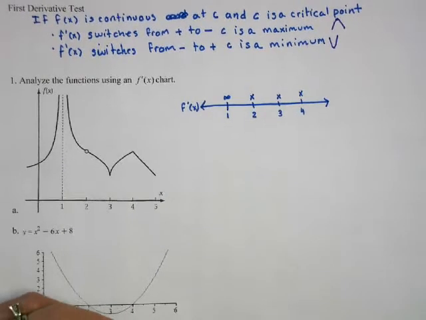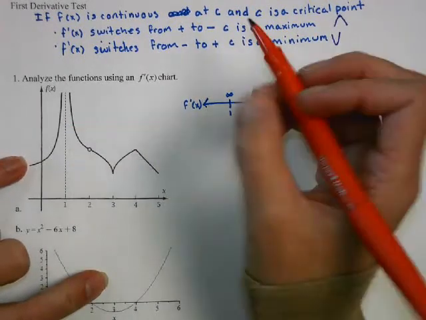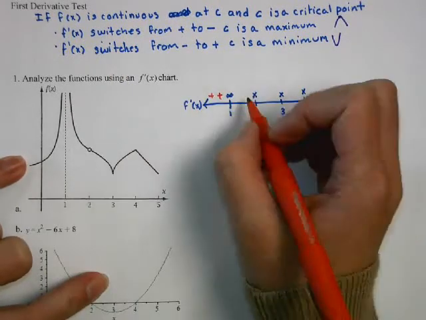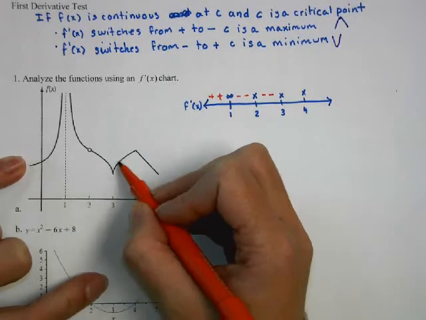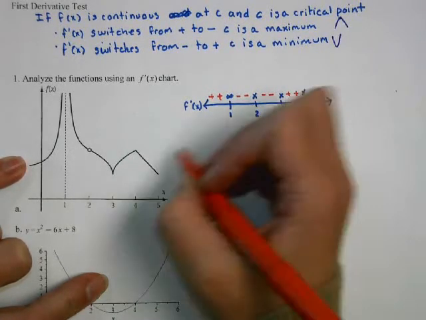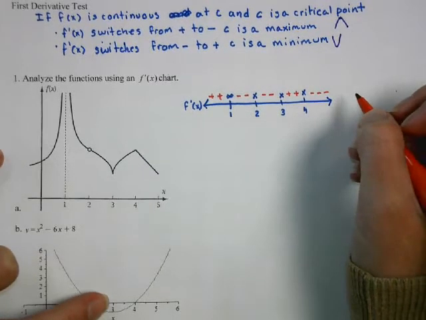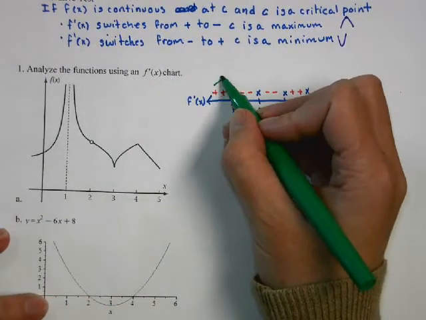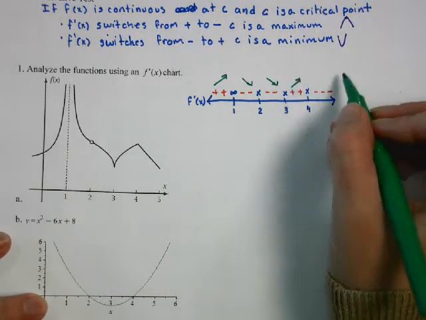So for the number line chart, what we're going to do is show what's happening with the derivative. If the function is increasing, then the derivative is positive. If the function is decreasing, then our derivative is negative. Still decreasing. From 3 to 4, it is increasing. And from 4 to 5, our graph is decreasing. So this graph is going up, it's going down, it's going down, it's going up,